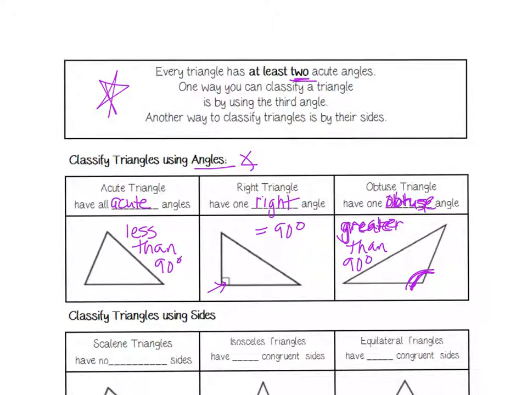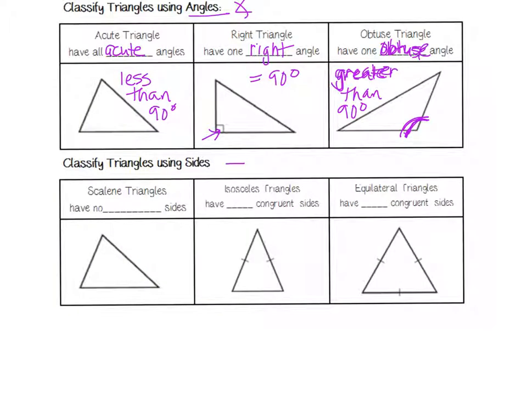Now we're going to talk about sides. And before we get started, I want to talk about these little tick marks. These tick marks mean that they are congruent, same size, same shape. So the hard part of these is remembering which name goes to which. With the scalene,